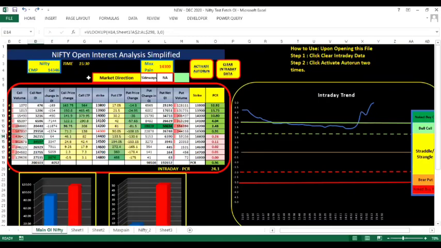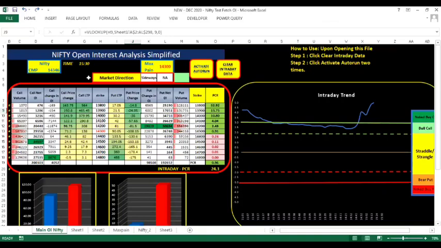On the further left is the total OI, which means at a particular strike level, what is the total number of options which have been written. And then finally, we have the volume. Many of us generally do not rely upon the volume, but there are players who also look at what is the volume at a particular strike. On the right is similar data for the put.